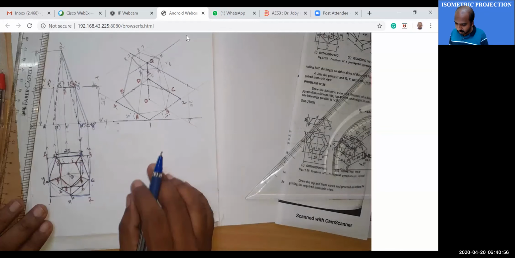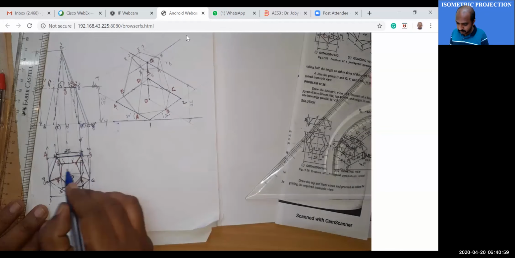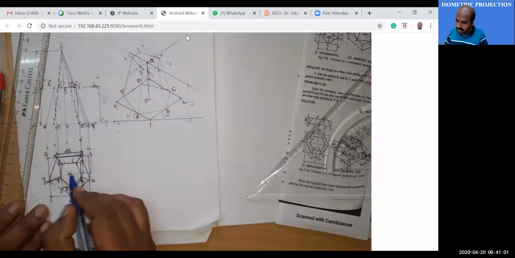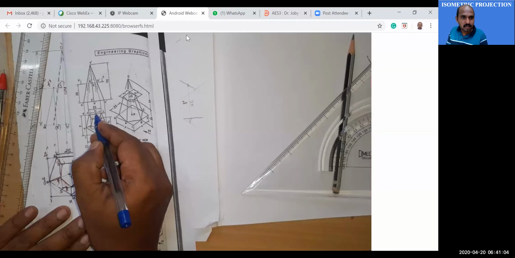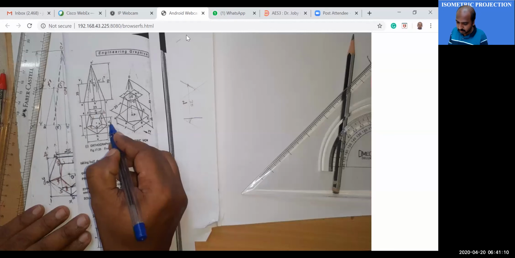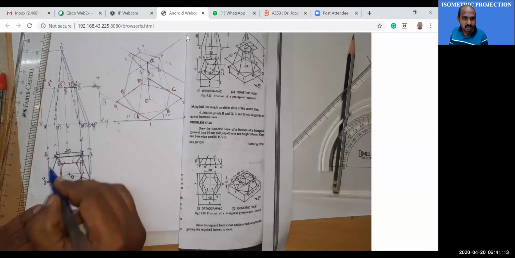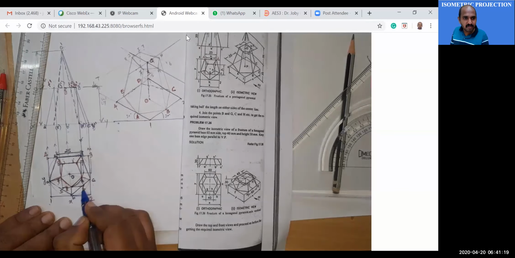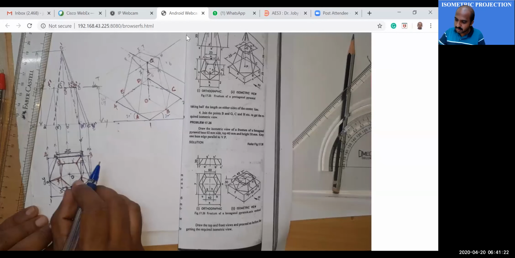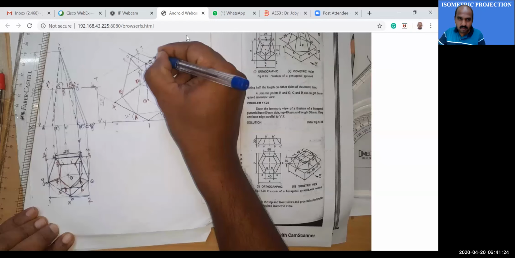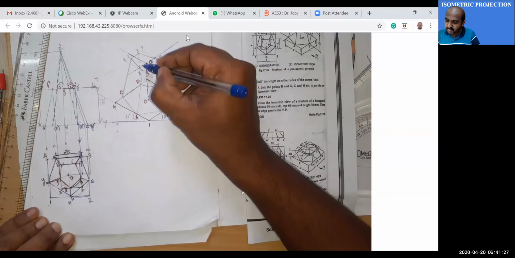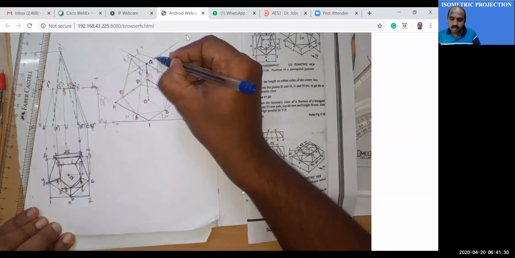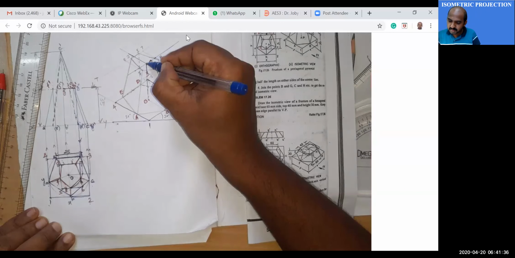Now you come into the top view. You measure here; it is marked as x1. The length of x1. Here it is y1. Now you measure x1, which here is 7 8 or 5 6. You measure half of this 5 6, and mark it on this 30-degree line. This is half of 5 6 or 7 8. And similarly, mark half of 5 6 to the left and half of 5 6 to the right.